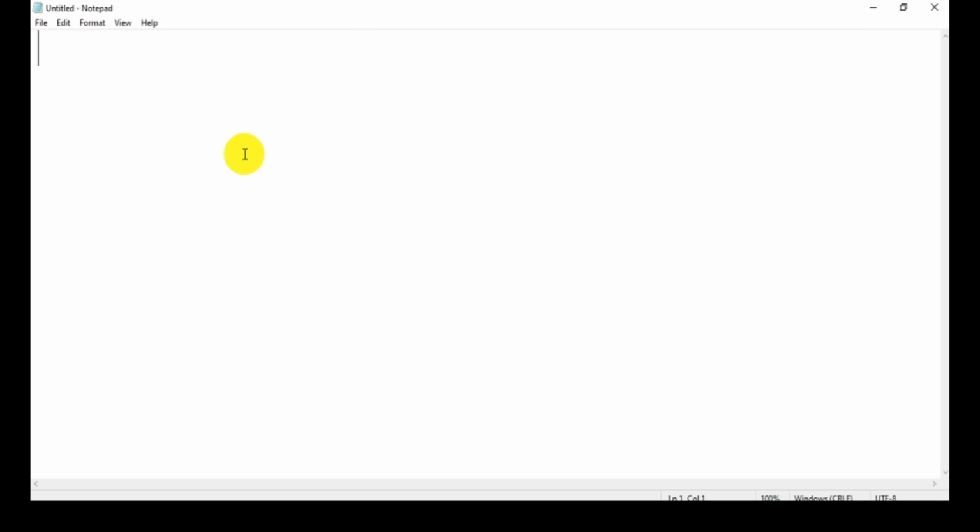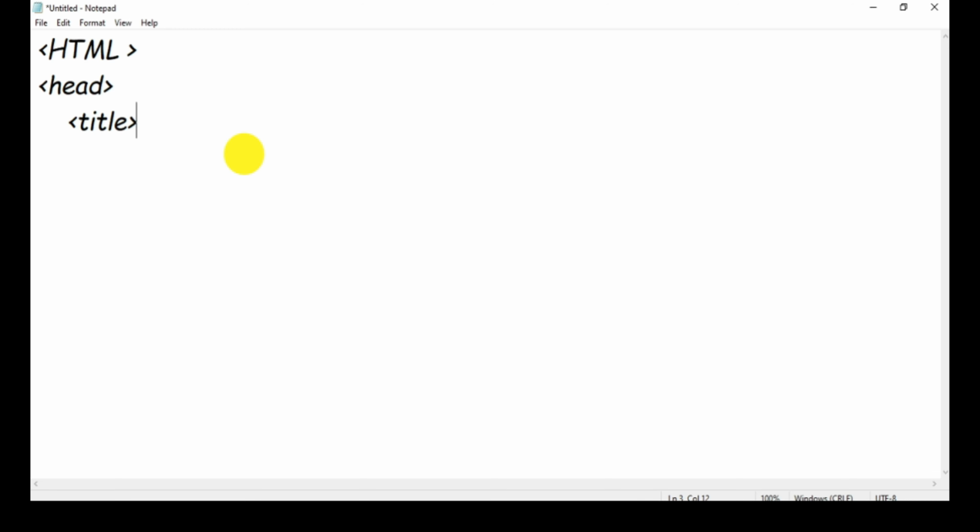Now we'll start writing the HTML program. The starting should be with the HTML tag, and then we write the head tag, and then the title tag, and then we write the heading of our web page,